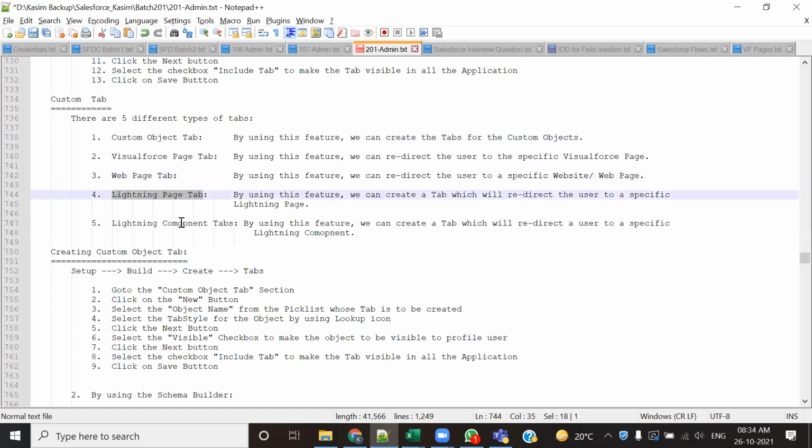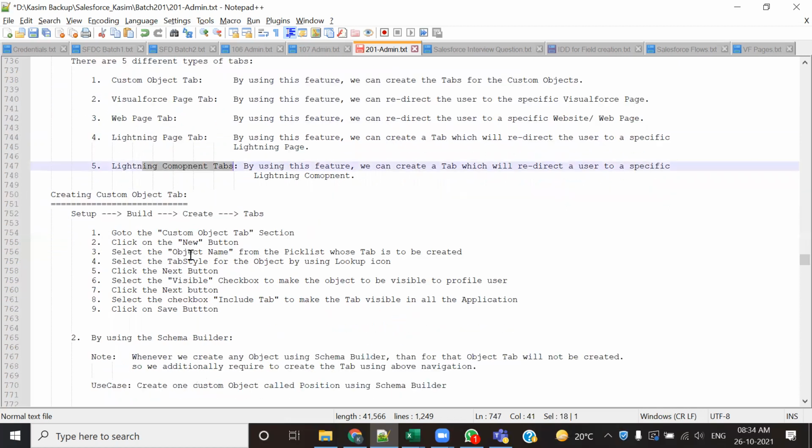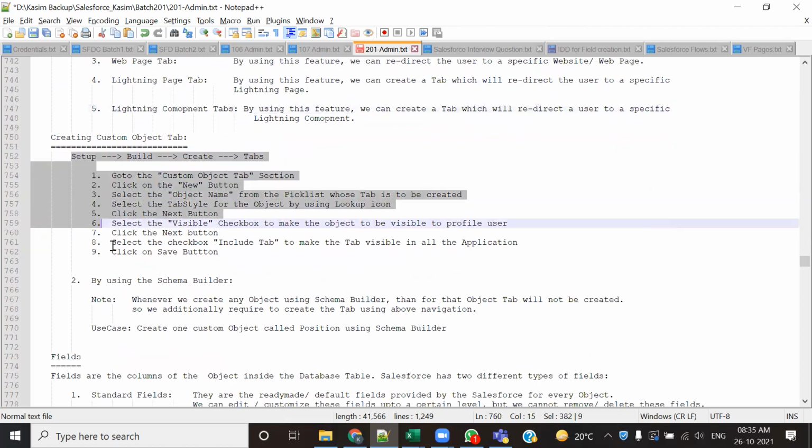And the lightning page and the lightning community. This is not a part of your training, but हाँ, अगर आप lightning पे जाते हो आगे चल के, you will understand what it means by component, and what it means by a lightning page. There are 5 different categories of tabs: custom object tab, visual force page tab, web page tab, lightning page tab, and the lightning component tab. Okay, these are the 5 different types of tabs in Salesforce,